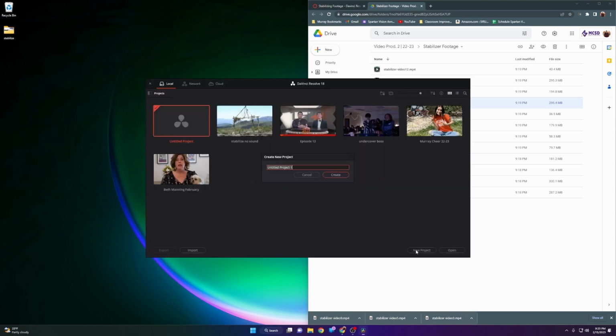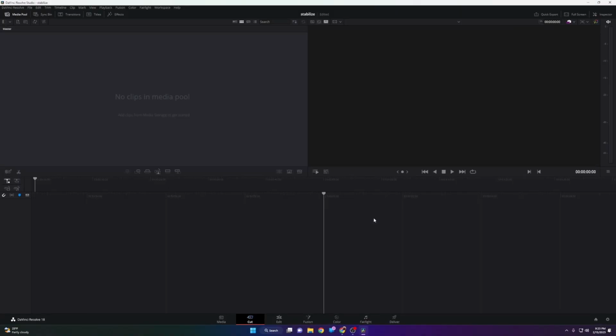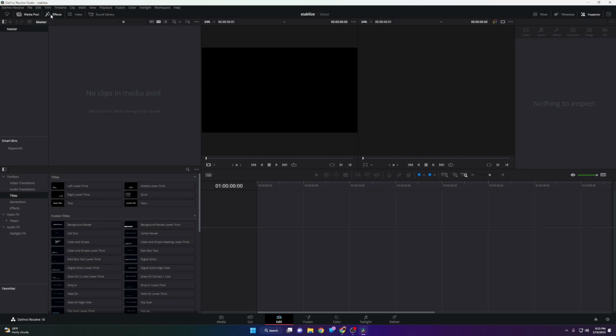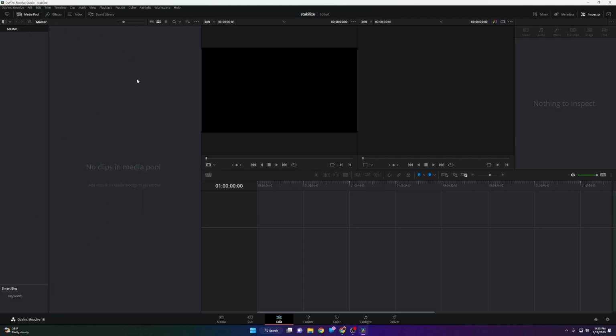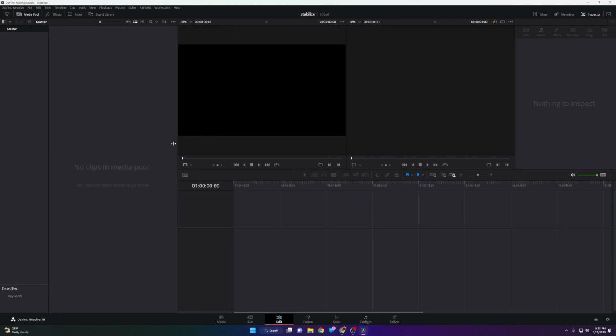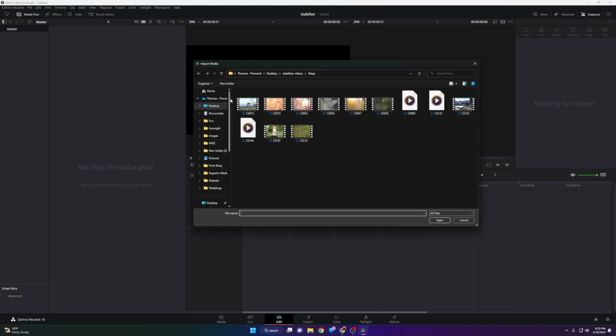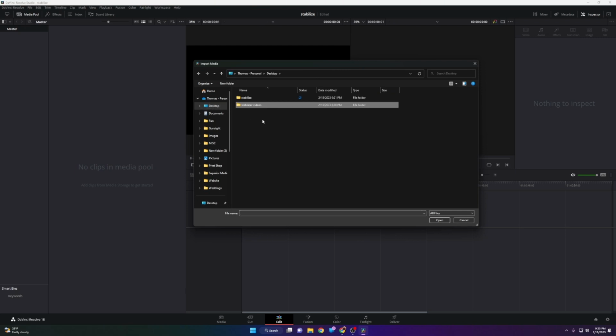All right, so we're gonna hit New Project. We're gonna name this Stabilize, and hit Create. And I'm just gonna go to the Edit page at the very bottom for this tutorial. I'm going to get rid of effects so I have just my media pool on the left, and then I'm going to hit Control I on the keyboard for import, and then I'm just going to find that folder Stabilize